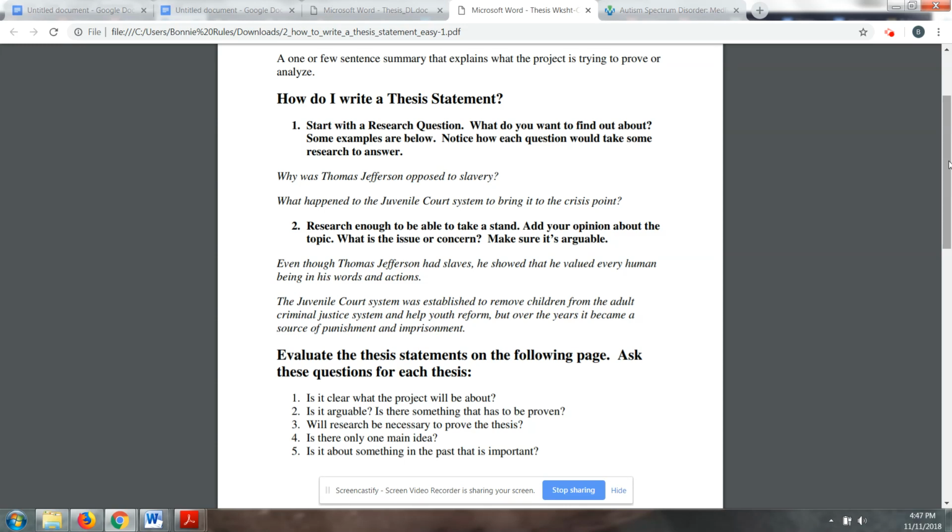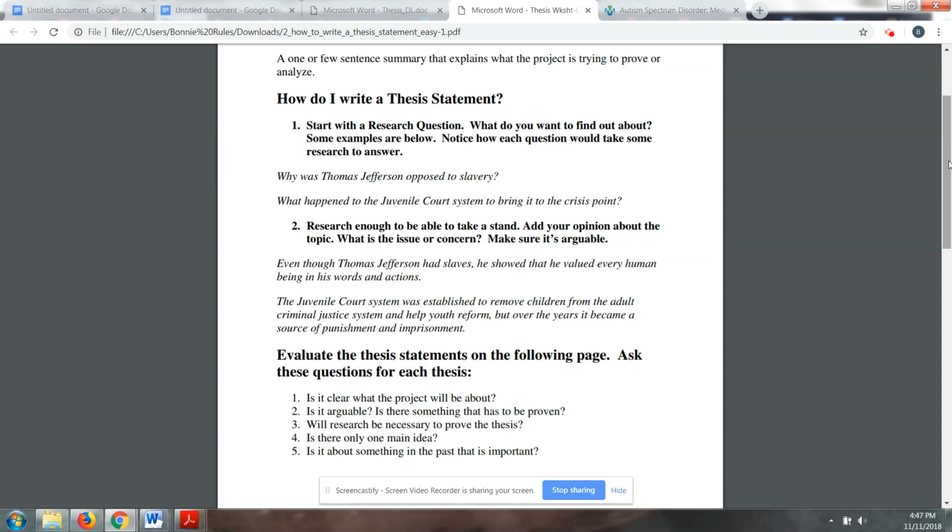So when you're looking at thesis statements, they give you some suggestions here at the bottom, these 5 questions you may want to ask yourself. Is it clear what the project will be about? Do you have an obvious topic? Is it arguable? Now, we've discussed this in previous slides, and I've shown you some research before this, but arguable, again, means that someone from the opposing side can present evidence to support their ideas. So again, this is logical people, not necessarily the internet. The internet can argue anything. But can you present evidence from both sides to debate this topic?